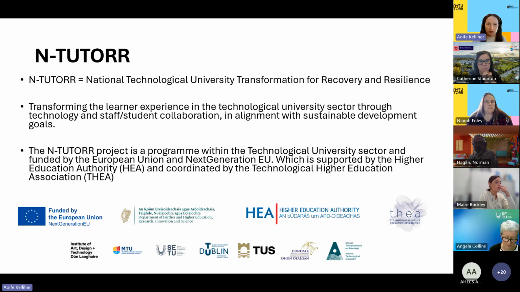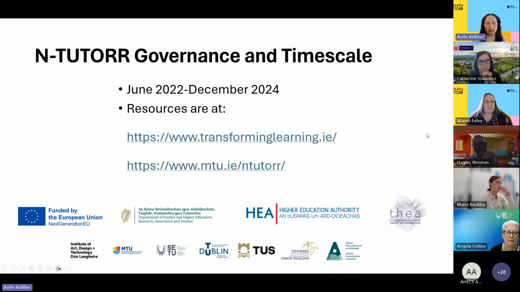So there's been a national drive, but there's been local action, which has been fantastic in it. To give an idea just of the guidance, the government and the timescales of it, it has been running since June 2022, but we really saw it in action from this academic year that is just closing off, and it'll run to the end of 2024.